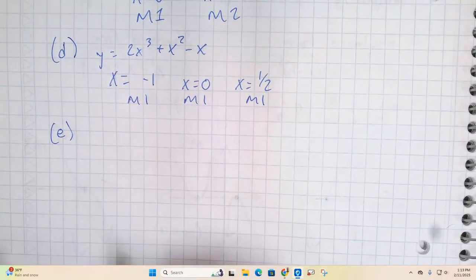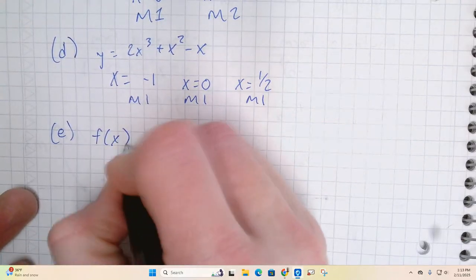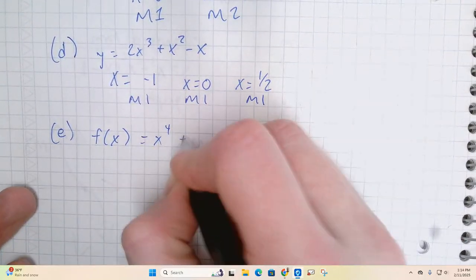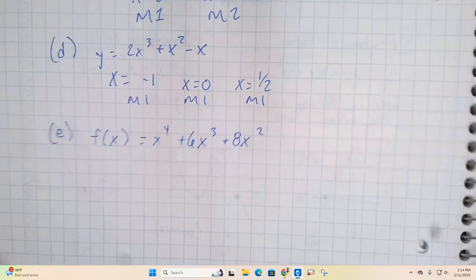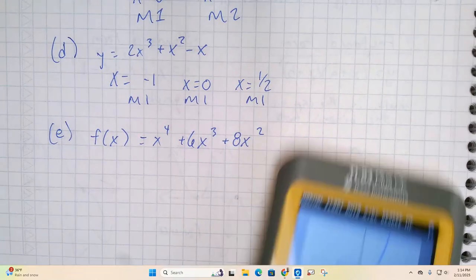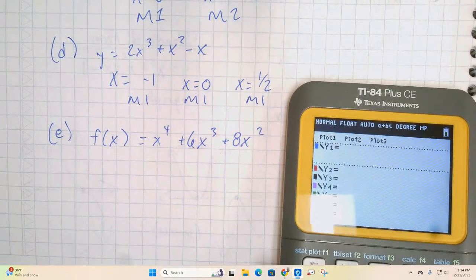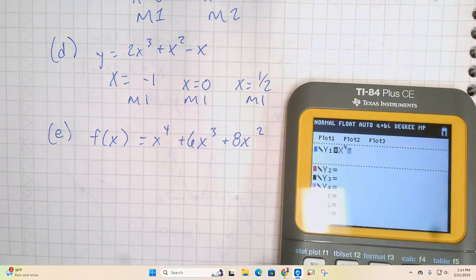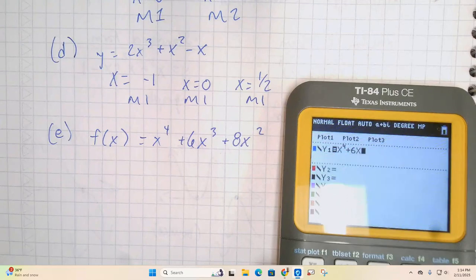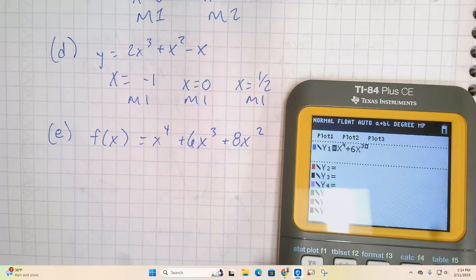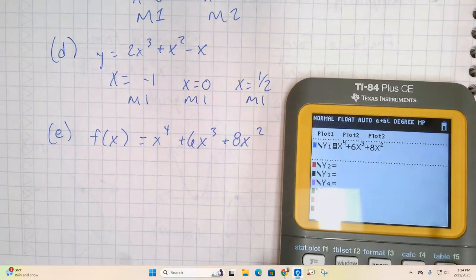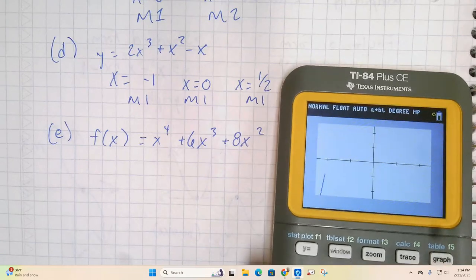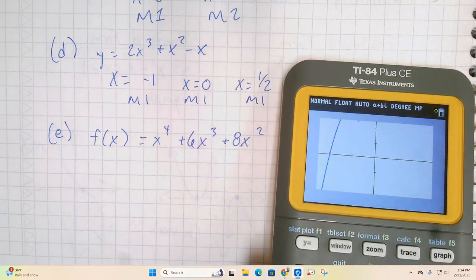Okay, part E, f of x is equal to x to the 4th plus 6x cubed plus 8x squared. And if we graph that one, let's see what it looks like. x to the 4th, so a 4th degree polynomial, plus 6x to the 3rd plus 8x squared. So we could have pulled out a GCF of x squared and then tried to factor it, doing 4 and 2, but